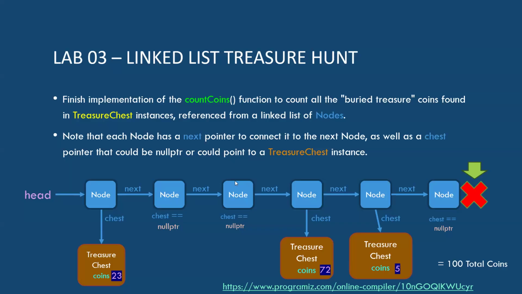Here's me building the linked list, head, and then I pass that to your function and you return an answer, right? And it should be 100 coins. Let's take a look at what I'm doing. I won't bother you with this too much, but I pick a random seed so that I know everybody in the class is going to have the same results. And I do a little bit of trickery to make sure I randomly sprinkle 100 coins around. So all you have to worry about is that I ultimately end up with 100 coins in there, okay?